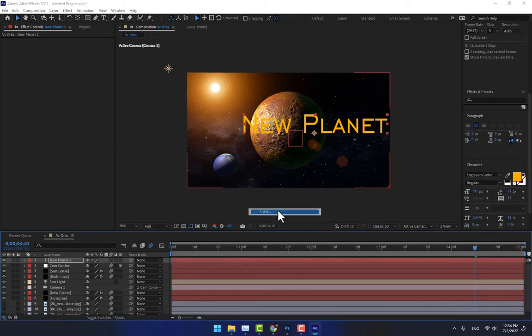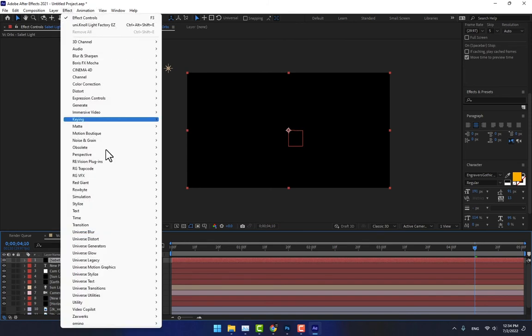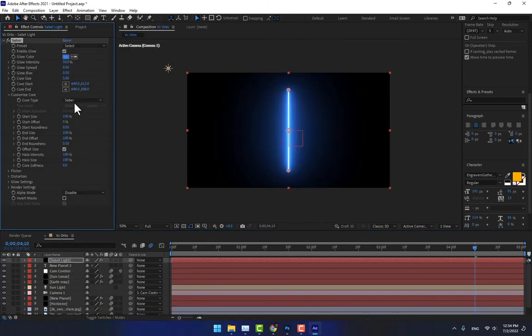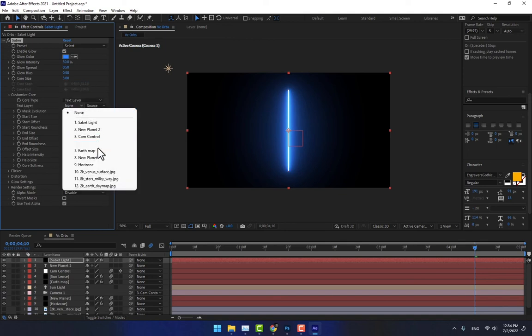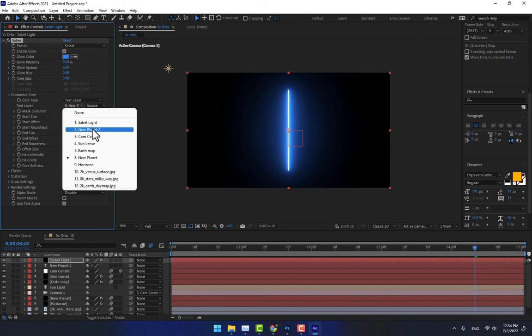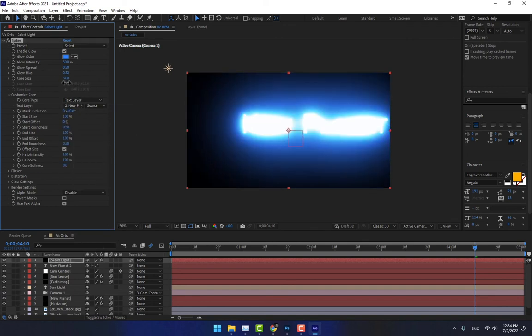Right click, create a new solid right here, saber light. Press enter and go to effects, Video Copilot, Saber. Go to customize core, select the text layer, and there is the new planet. Is there any title? New planet 2. Select and change the size